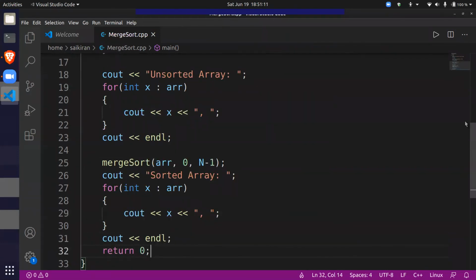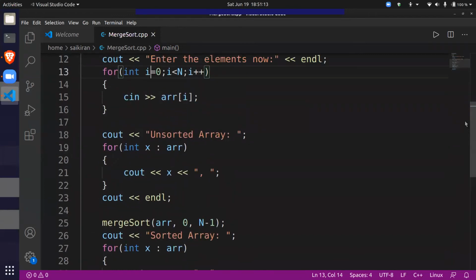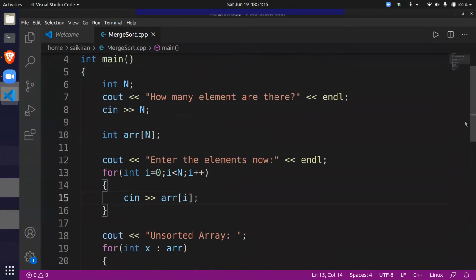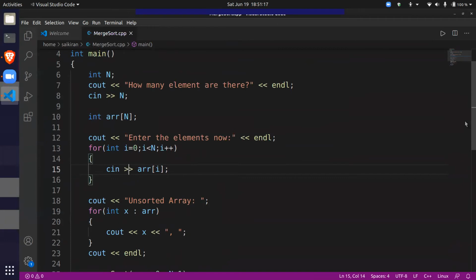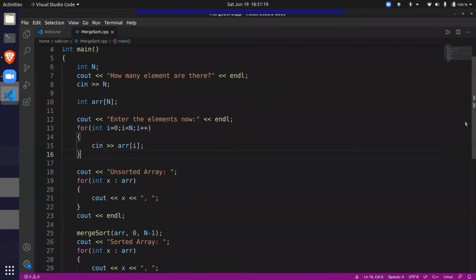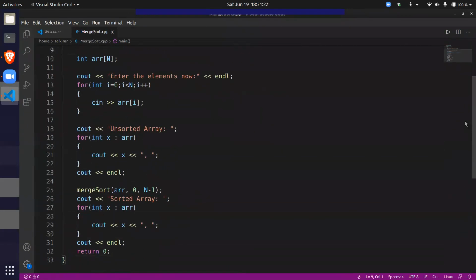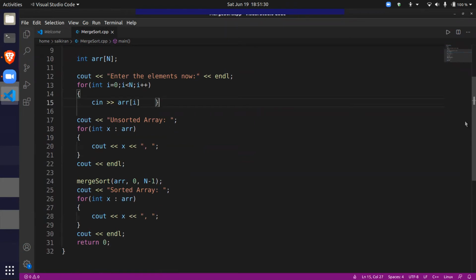And return 0. Okay. So this is our main function. Let me zoom out a little bit. The main function looks a little too big, but it's honestly very simple. I can remove these unnecessary braces.